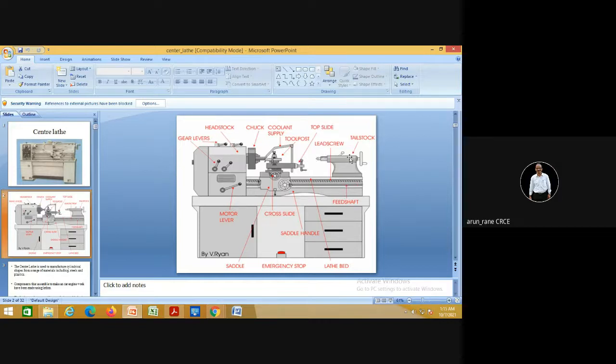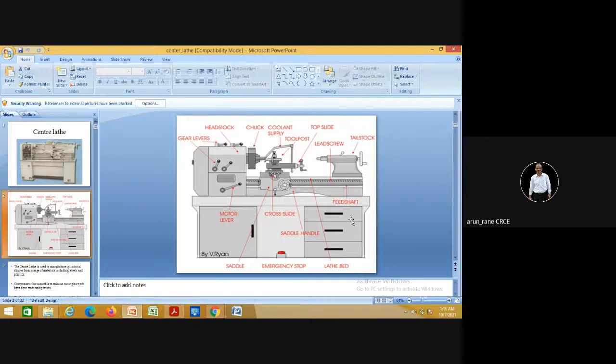One is this tailstock body. You can see this clamp, the locking lever. That is to be unlocked, then move this tailstock body, then clamp at a particular place, and then you can move this quill in and out, and drilling can be done. And in order to move this drill in and out, you have a hand wheel. So if you rotate this hand wheel, then this can be moved in and out.